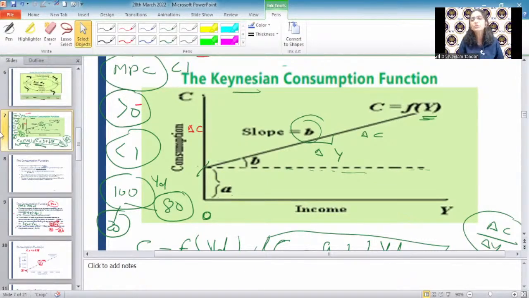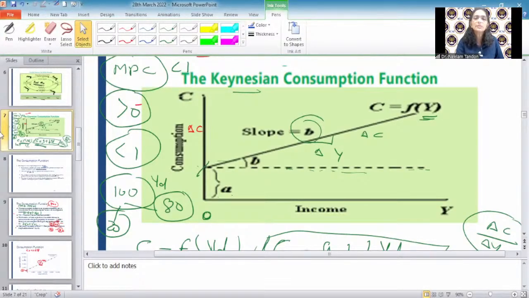यू विल मीट इट थ्रू, या तो आप अपनी पास सेविंग से विड्रॉ करोगे या किसी से बोरो करोगे। सो दिस इज अबाउट ऑटोनॉमस कंजम्पशन। तो बेसिकली ये डिस सेविंग्स का कंपोनेंट होता है। ओके, सो दिस इज क्लियर। कंजम्पशन फंक्शन इज क्लियर। कंजम्पशन फंक्शन में दो कंपोनेंट्स आपको याद रखने हैं, एक ऑटोनॉमस कंजम्पशन, एक मार्जिनल प्रोपेंसिटी टू कंज्यूम।